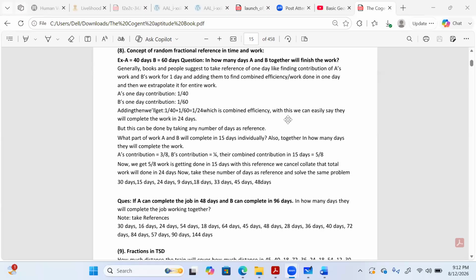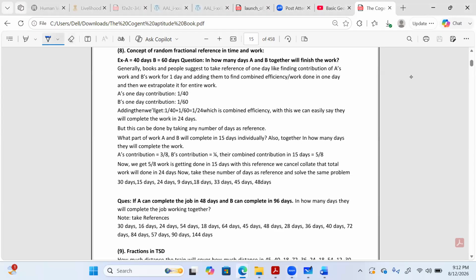अच्छा, मुझे बताना कुछ, मैं पूछूंगा तो ठीक है। मान लो कि there is a person A who completes a job in 40 days, और there is a person B who completes the job in 60 days। ये डेटा है। Question is in how many days A and B together will finish the work. So before solving it,